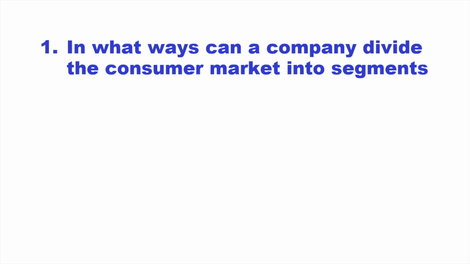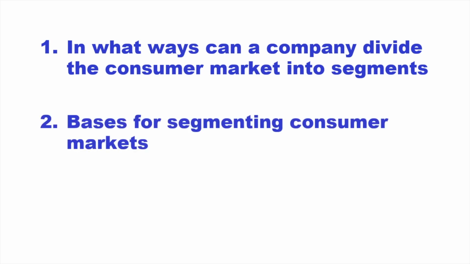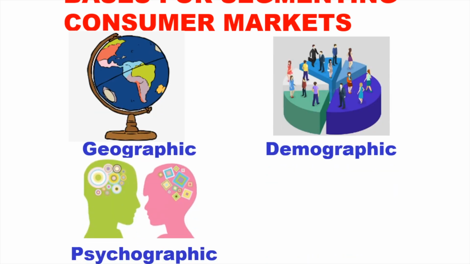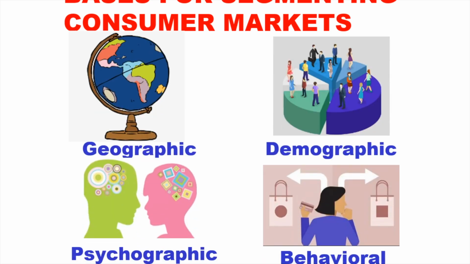After knowing what market segmentation is about, let us now discuss the basis for segmenting consumer markets. There are 4 major segmentation variables: geographic, demographic, psychographic, and behavioral segmentation. The company can operate in one or a few areas, or it can operate in all, but pay attention to local variations. In that way, it can tailor-fit its marketing programs to the needs and wants of local customers.